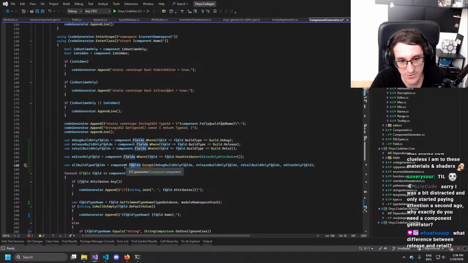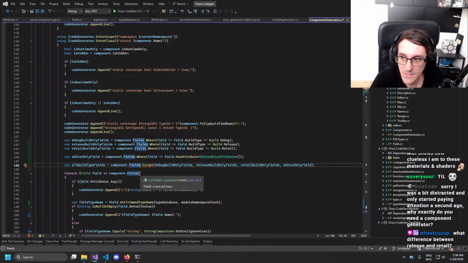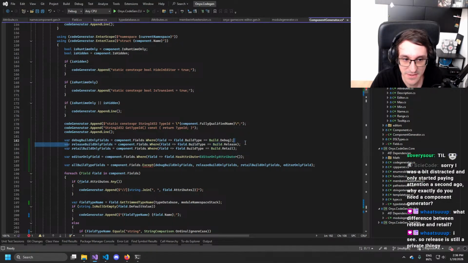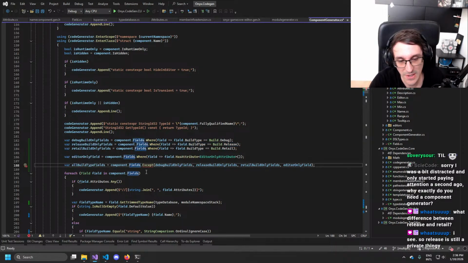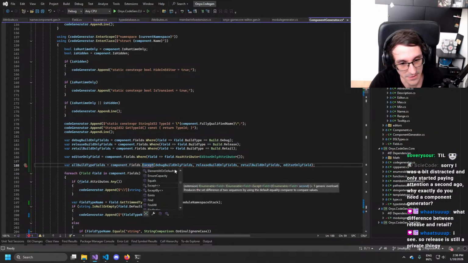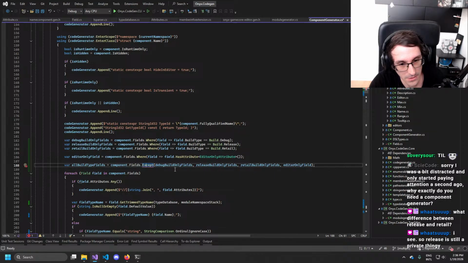Like the string versions of string IDs are gone. So it's a little bit less than debug, but still, yes, release is still a private thing. It's a bad name, but it's quite common to have that.